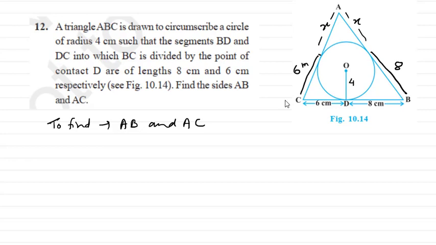Okay. So now we have to find out this missing side X, then only we can find out the value of AB. Okay. So now to find out this value of X, I'm just joining these. So now here you can see there are 3 triangles. This triangle you have here. Okay, if you have to find out the area of this triangle, so that area can be written as half